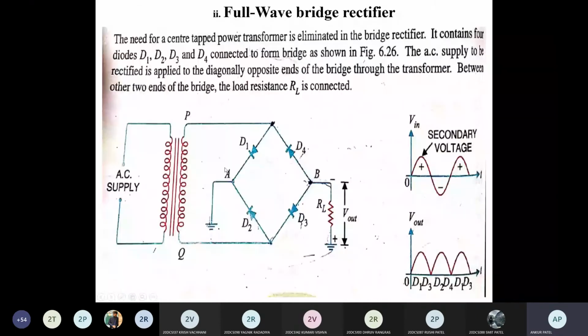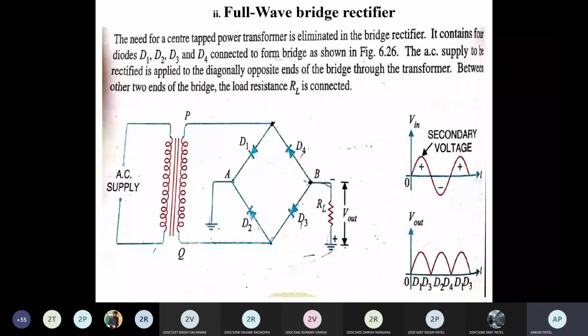Now, can anyone tell me how this diode will conduct as forward or reverse bias, by understanding half wave and full wave center tap? Just show me the path, how it will act as forward bias. I am giving AC supply to the primary of the transformer, then we are doing step down. Now we need to operate these diodes in forward and reverse bias, and we will get this output waveform.